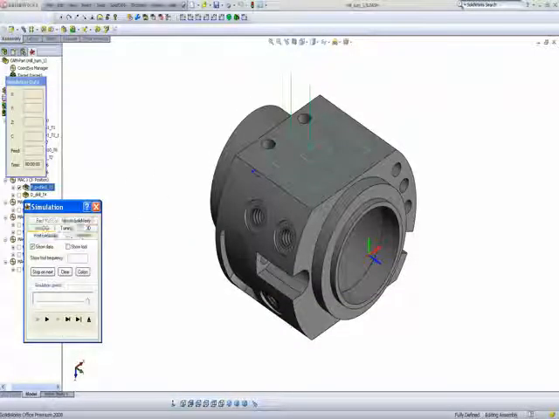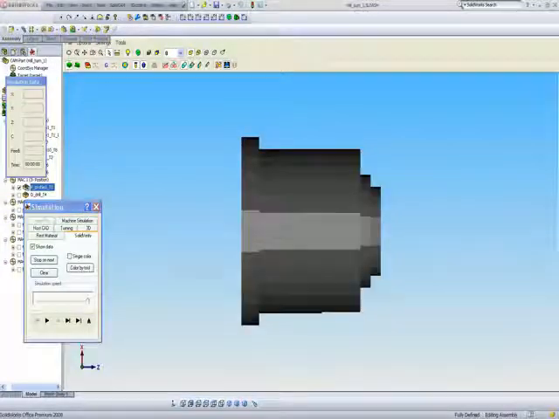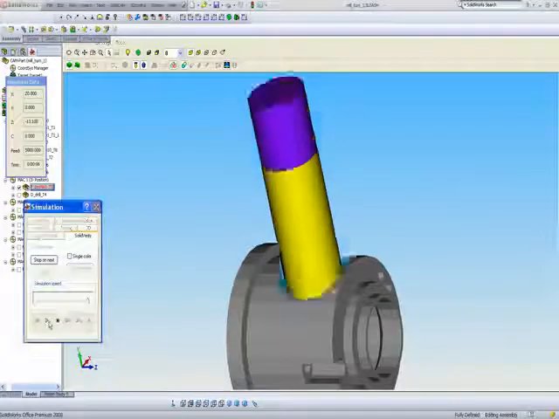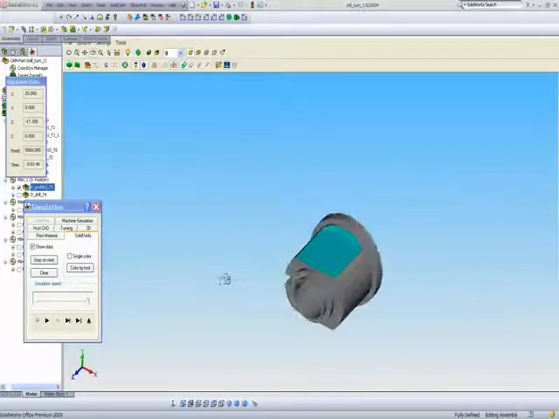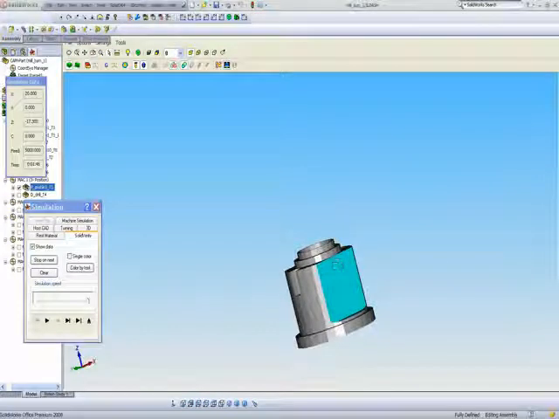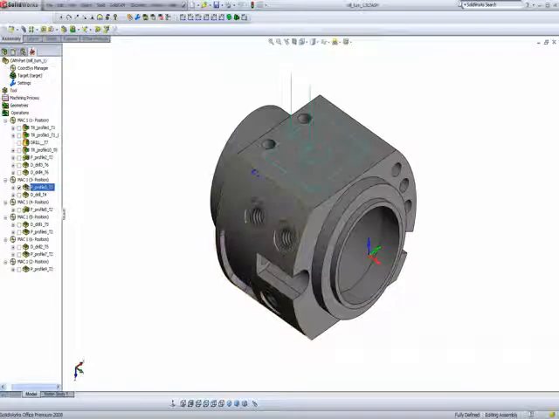And as you can see, when I do my solid verify on my part, the tool is going down, milling the part. Now you'll note that even though I asked for it to do one side, it actually did both sides. That's because you'll note that next to the operation, we have a small little box over there that says 4 in it. In other words, I'm working on a 4-axis